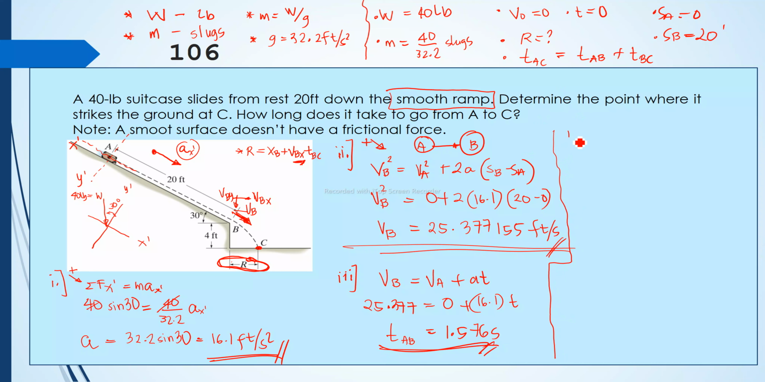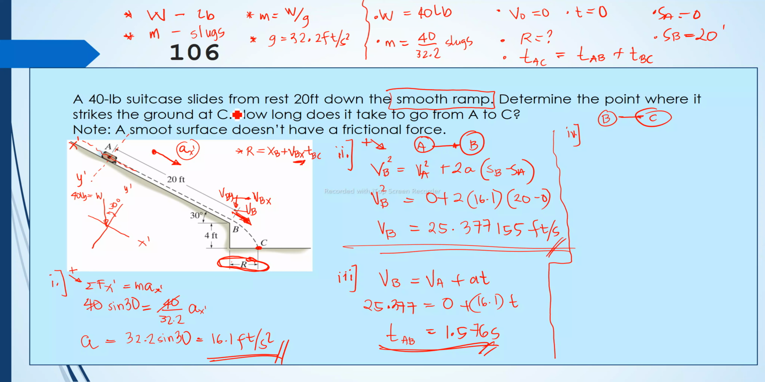Next, now we are going to consider point B to point C. If you're going to use the x or the range equation, R is equal to xB plus the velocity of B along x times the time traveled from B to C, we have two unknowns. We don't know the time from B to C. We don't know the range either. But we can use